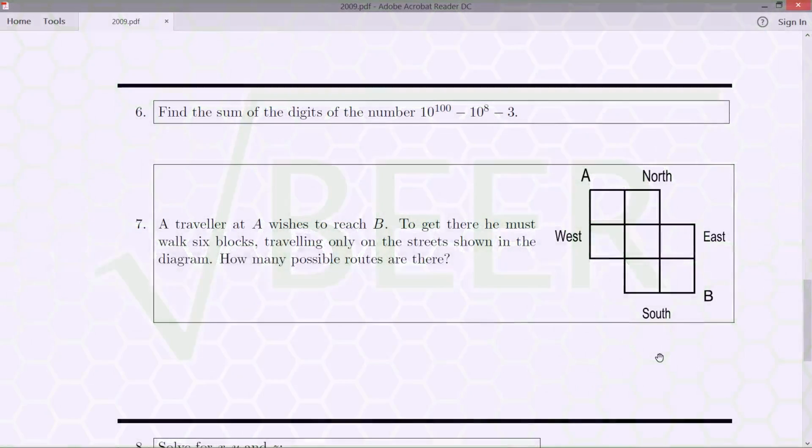We're looking at question 7 on the grade 12 Manitoba Math Contest from 2009. So question 7: a traveler at A wishes to reach B. To get there, he must walk 6 blocks, traveling only on the streets in the diagram. How many possible routes are there? Okay, so